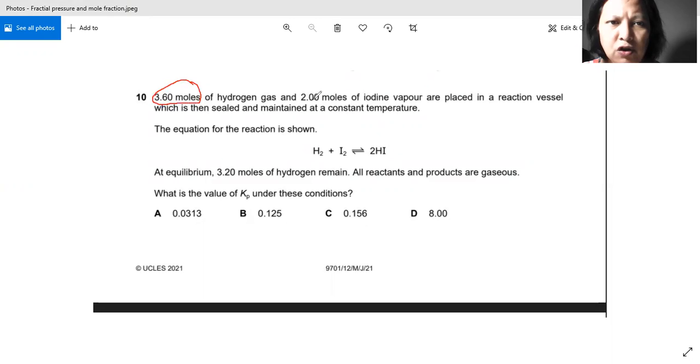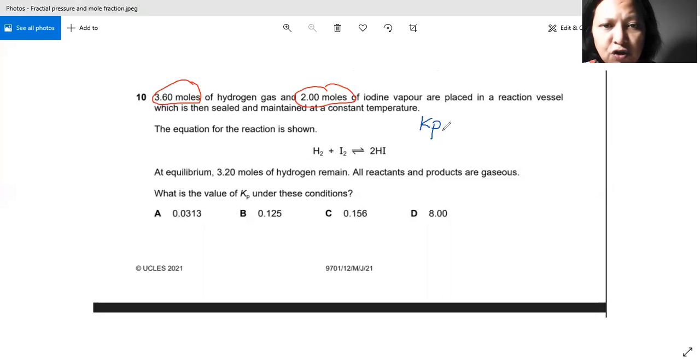3.6 moles of hydrogen gas and 2 moles of iodine vapor are placed in a reaction vessel, which is then sealed and maintained at a constant temperature. So it means that there isn't any increase of the temperature. And then after that, the equation is shown. Okay, so from this equation, we know that the